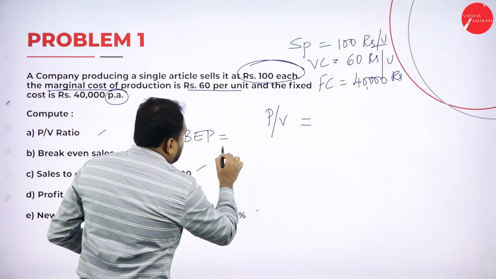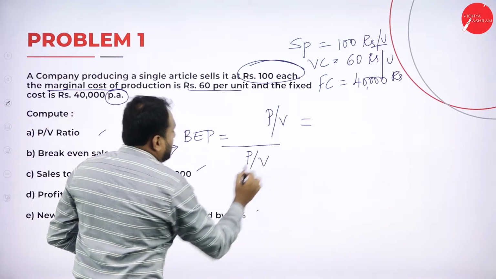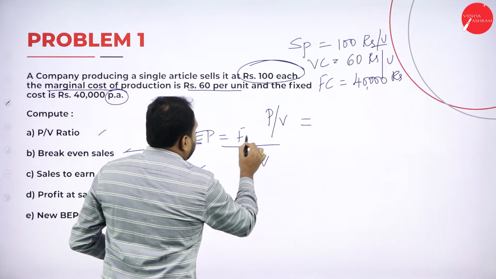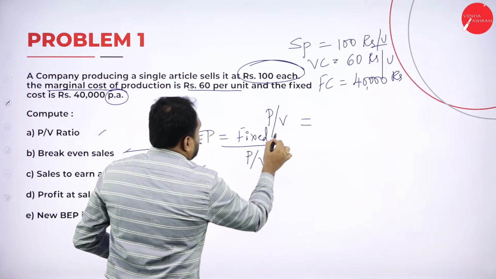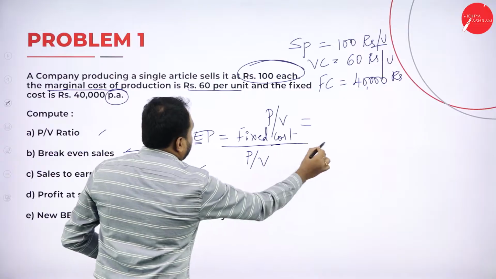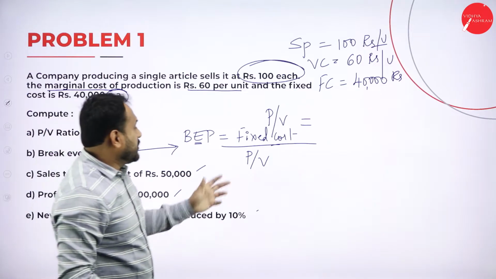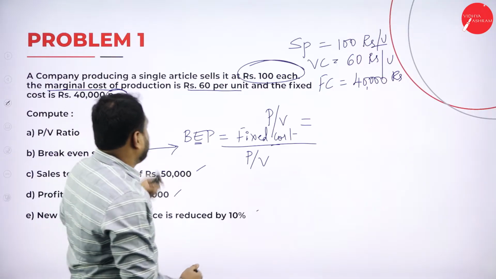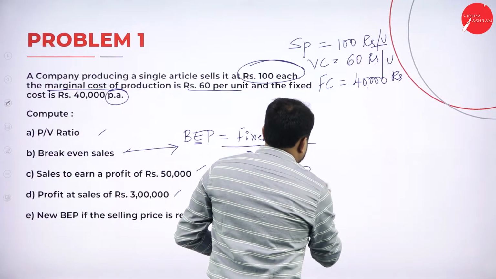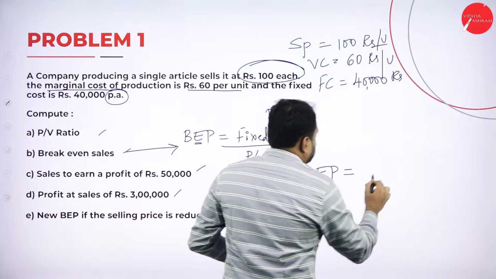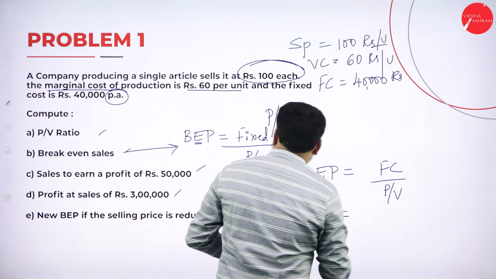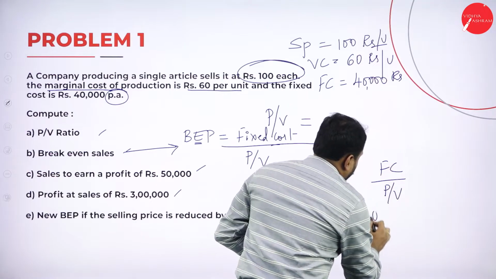BEP is equal to, now in the denominator I should write what? PV. Now what is here? F. After F what will come? F means fixed cost. So it is fixed cost by PV. Here only we'll go with the fixed cost by PV. What exactly is fixed cost? Here they have said, now BEP is equal to fixed cost by PV, which is equal to, fixed cost is 40,000